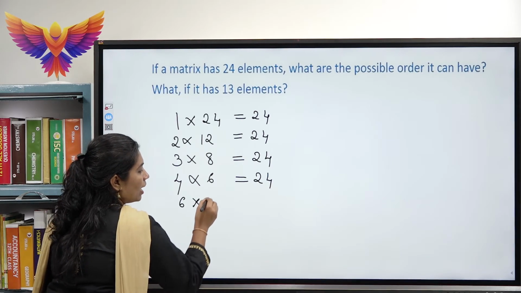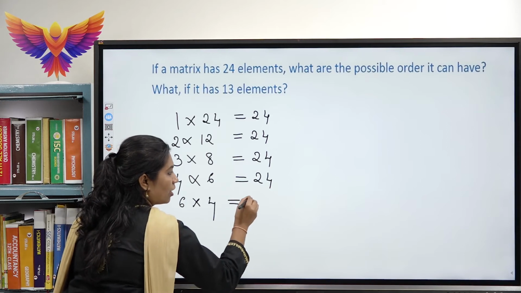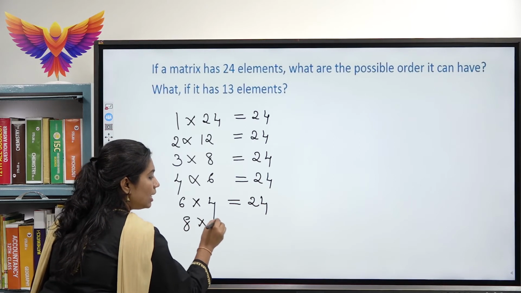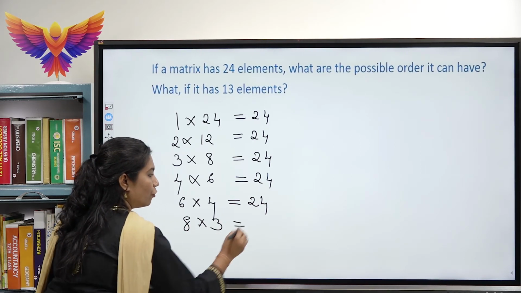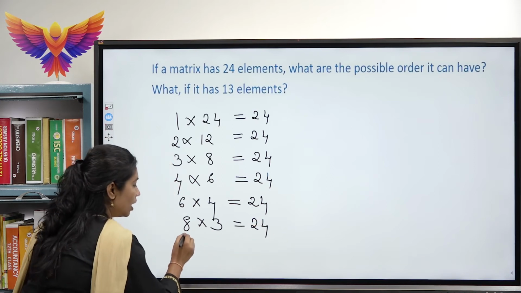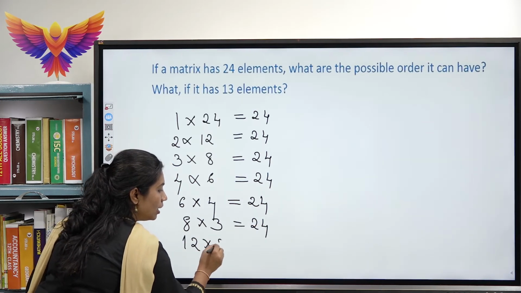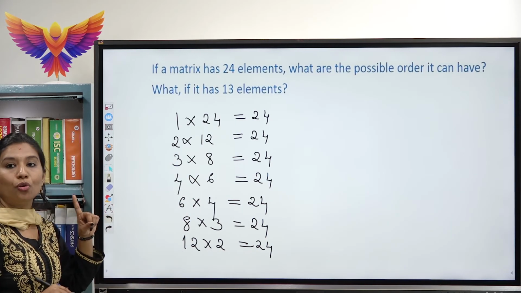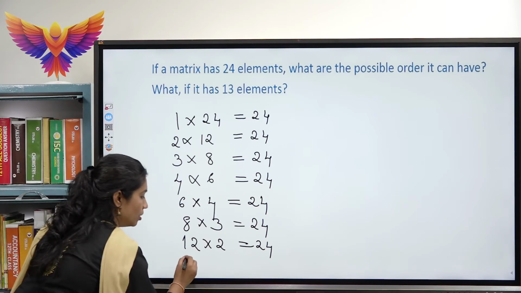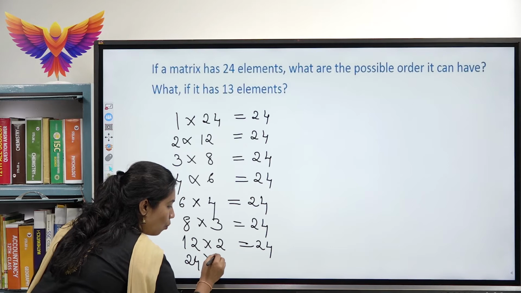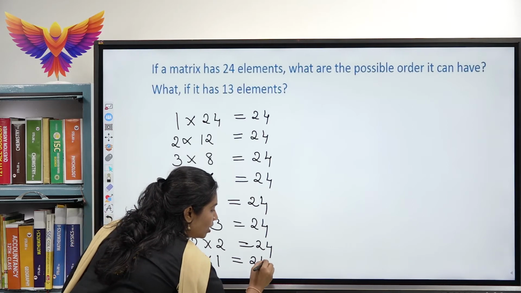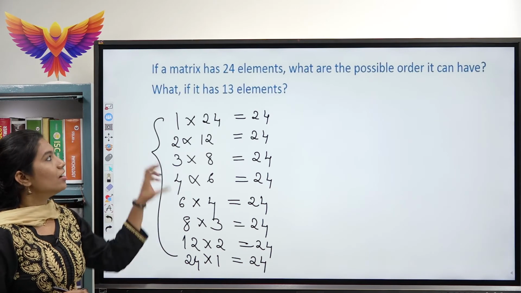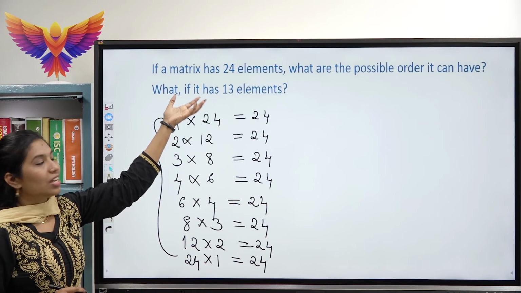6 rows and 4 columns, which again gives back 24 elements, or 8 rows and 3 columns, which again gives 24 elements, or 12 rows and 2 columns, which is again 24 elements. I can also have 24 rows and a single column. It is 24 into 1, which is equal to 24. So these are all the possible orders which can be used for a matrix that has 24 elements